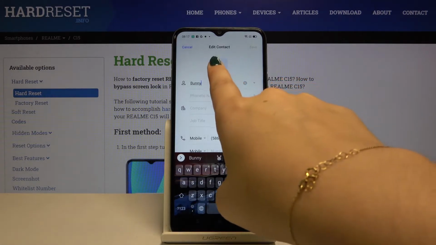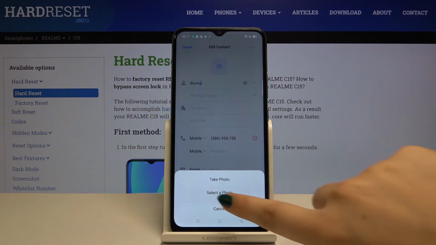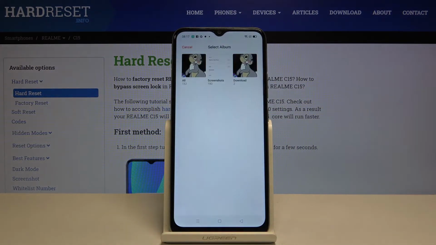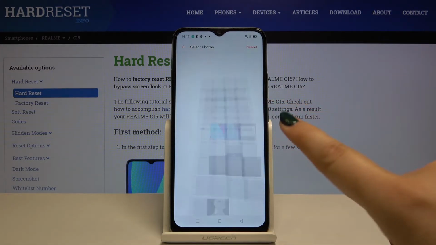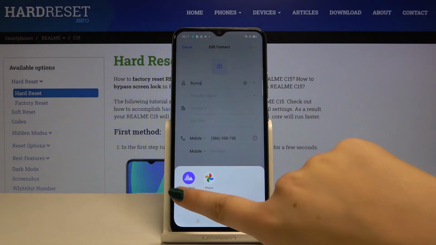Now choose the camera icon, let's tap on it, and as you can see you can either take a photo or select a photo, so let me pick select a photo. Let's choose something you want to use, crop photo,